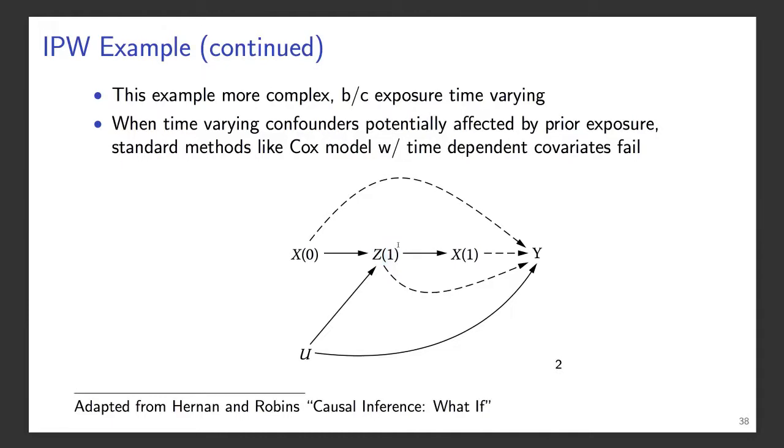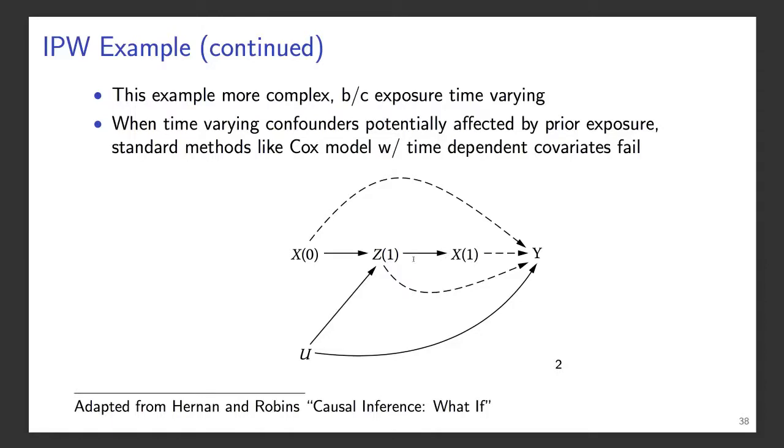And basically what that means is that if you fit a naive model where you don't make any adjustments, then that analysis is potentially subject to confounding because you have this backdoor path X1, Z1, U, Y, which potentially could induce non-causal associations in your data.